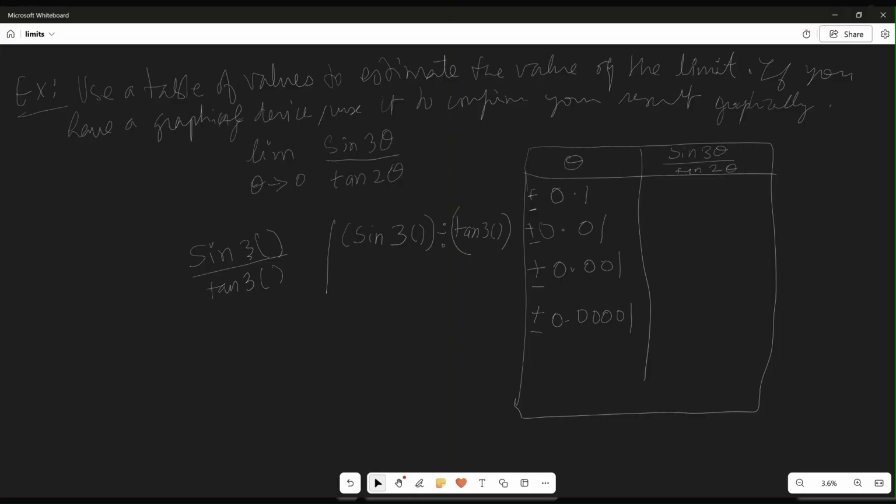Okay, and when theta is 0.1, positive or negative, if you plug in the values here in your calculator,